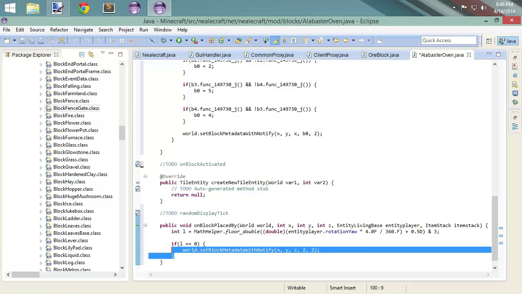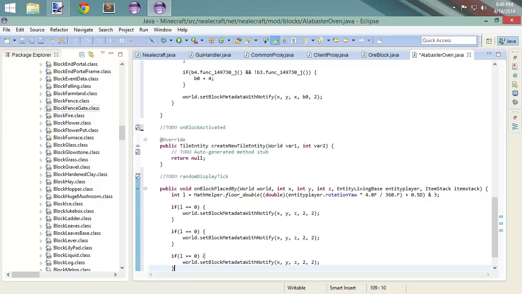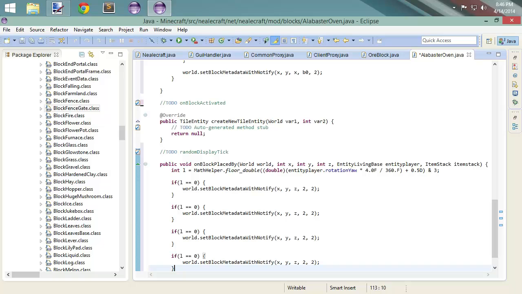And this is where we're going to do our copy pasta. We're going to copy that. There's 4 of them. So we're actually going to say 0, 1, 2, 3. We want to leave all these 2's on the far end the same, but this is going to be 2, 5, 3,